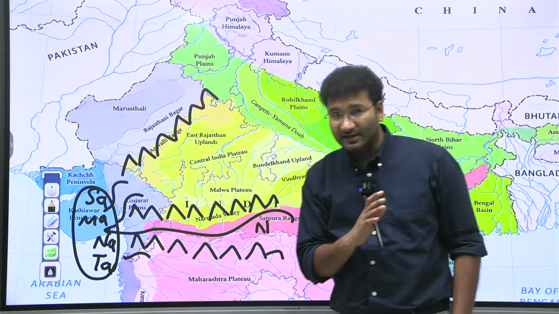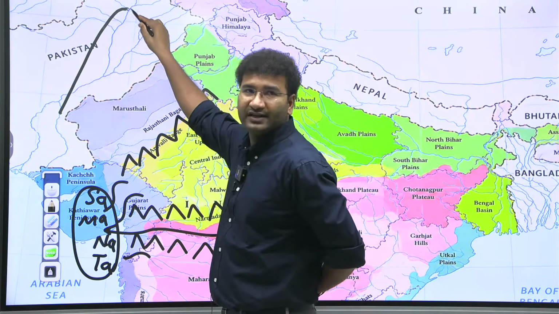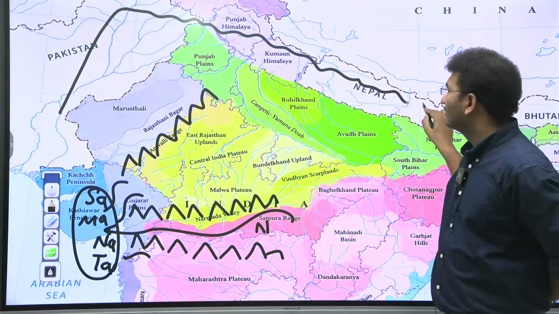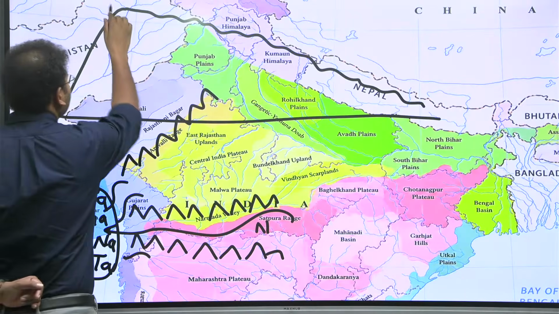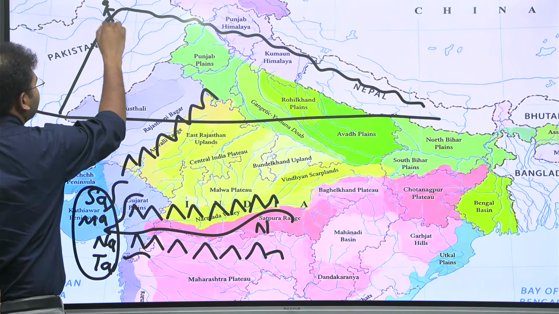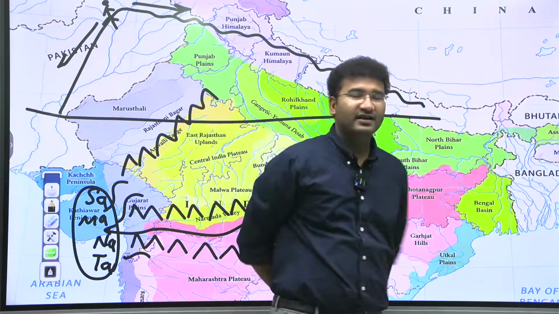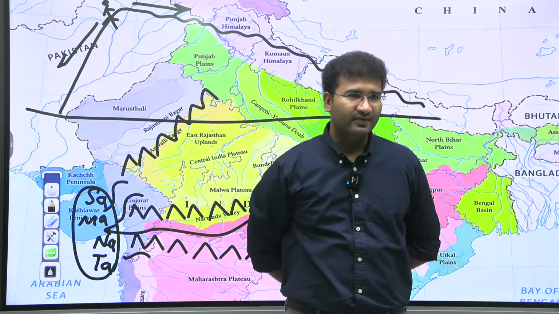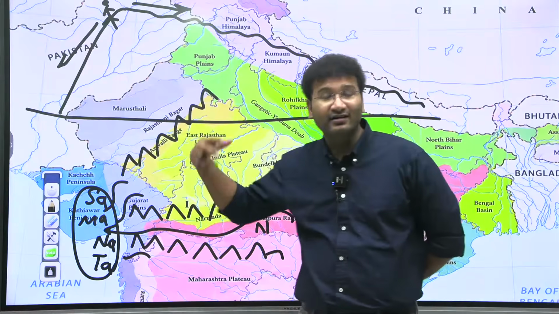Now, what is an escarpment? An escarpment has a steep side on one side, and on the other side it is a very gentle slope. If you look, this is the base. On one side it is a steep mountain. If you're standing here, this is the steeper side and this is the gentler side. These are called escarpments, whose height is not as great as a mountain. So, Vindhyan escarpments.